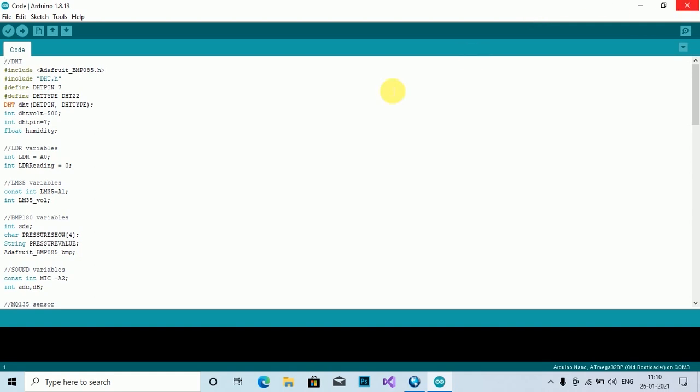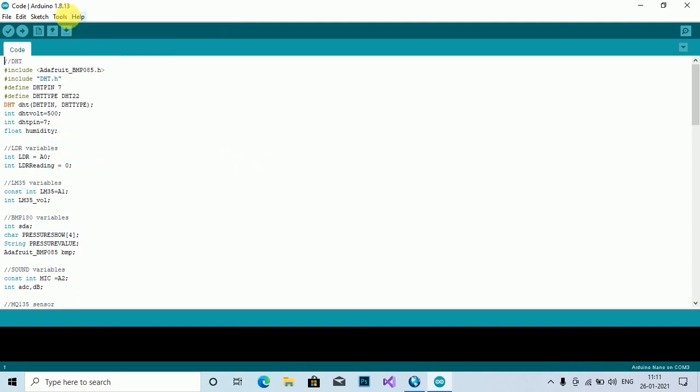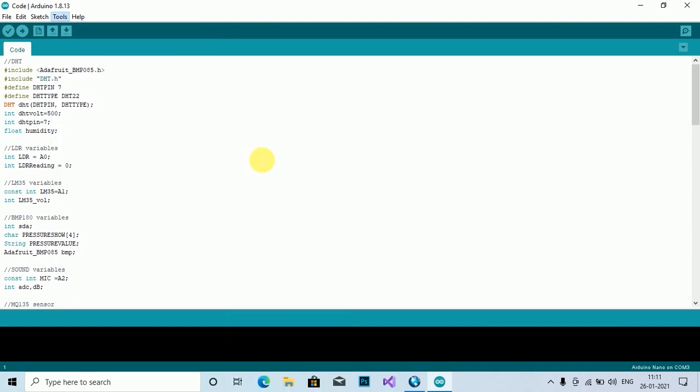As we already connected the Arduino to our computer, go to tools, select the Arduino port. If you see Arduino is connected on COM3 port, select the COM3 port, then select the board as Arduino Nano, then click on upload button.